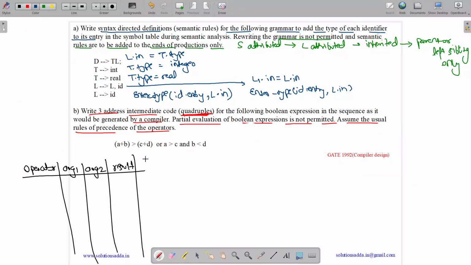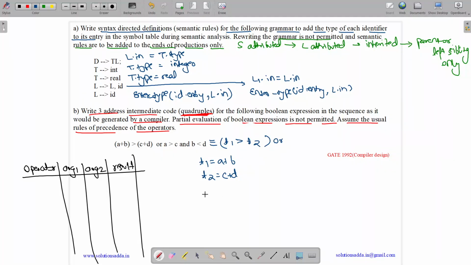Okay. Now this is our expression: a plus b greater than c plus d, or a greater than c, and b less than d. So how can we express this? Let us assume we take t1 to be a plus b. We create temporary variables, and t2 to be c plus d. So this becomes equivalent to t1 greater than t2,